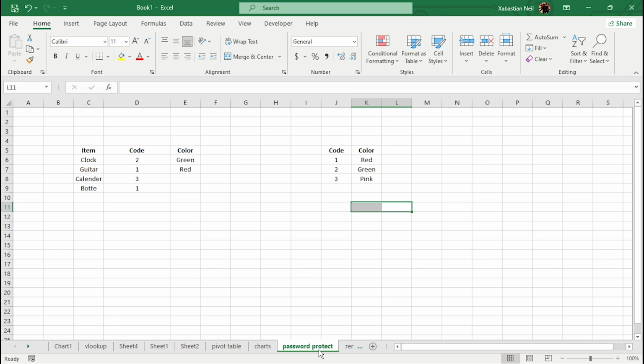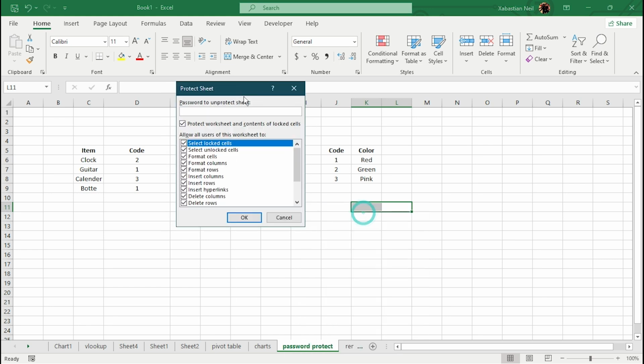So there are several ways of putting up a password. Let's say the first one is to stay on the sheet, and then right mouse click on it, and then just press on protect sheet, and this interface opens up. Now you can select the type of security you want to apply. Let's say I have all of them selected, but if you want